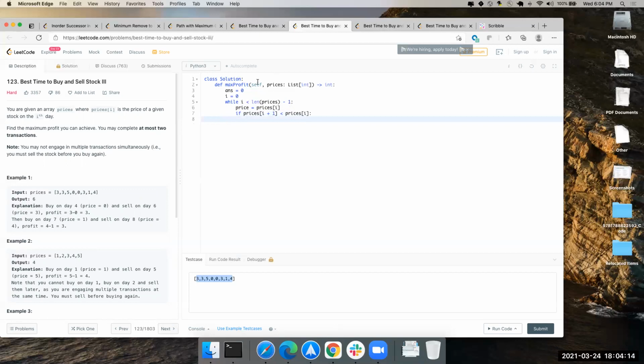If it is less, no, but we need to add something into the answer. And we also have something like a current min. Let's say this is 0, right? Because it is always 0. So if prices is this one, answer plus equal to... no, we have to keep 2 transactions, so we need a result array.